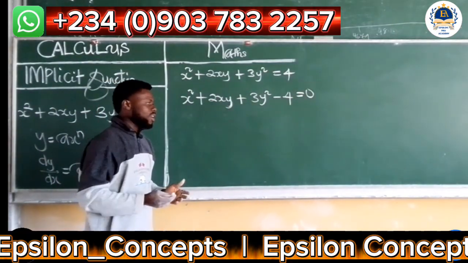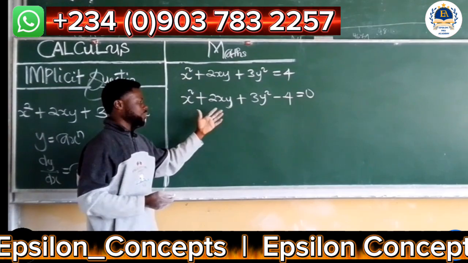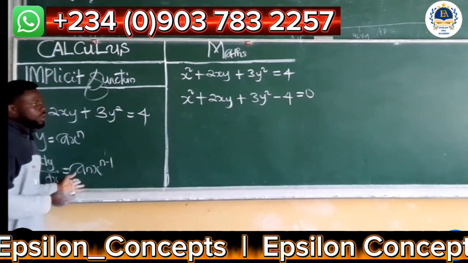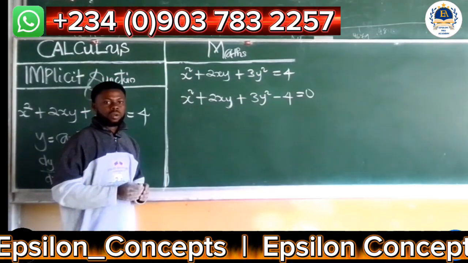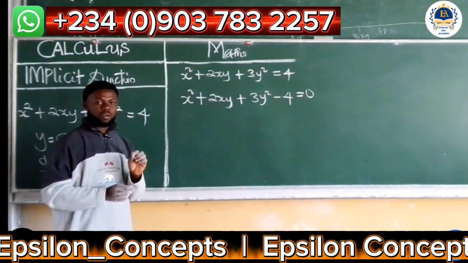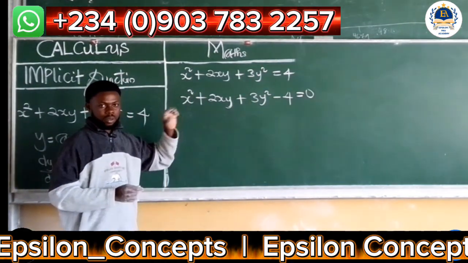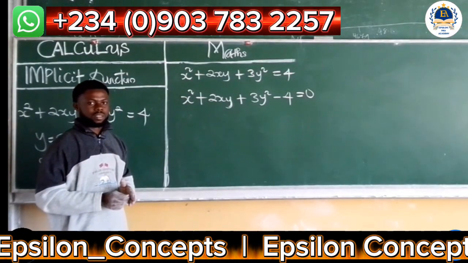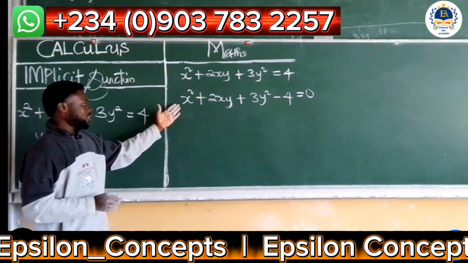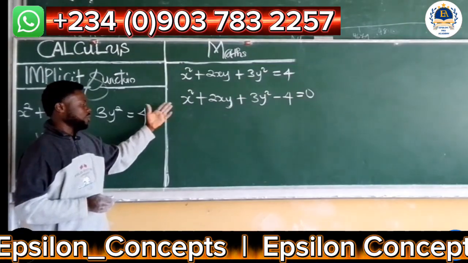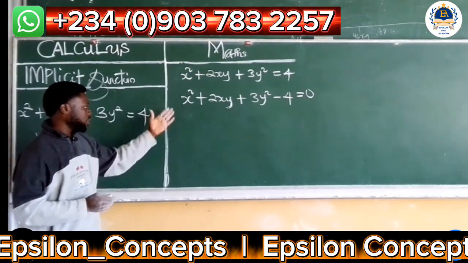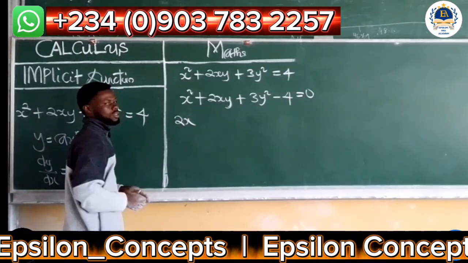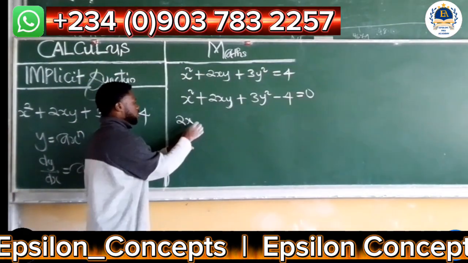Now the next step is to find the derivation of each of the respective terms using this general derivation formula. Now note that whenever you are looking for the derivation of a y term on the board, always attach dy over dx to it. So let's start with the first term on the board. This is for x. The derivation of this becomes 2x. Then plus,